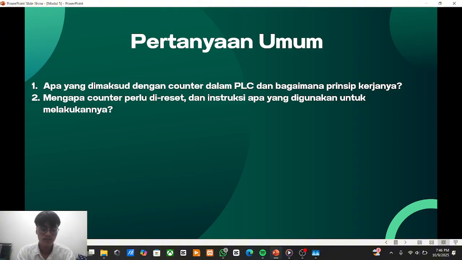Resetting is important to ensure that the counting process starts correctly for the next operation cycle and to avoid errors caused by residual count from the previous cycle. In PLC programming, the CNR counter reset instruction is used to reset the counter, allowing the system to begin a new counting process when required conditions are met.